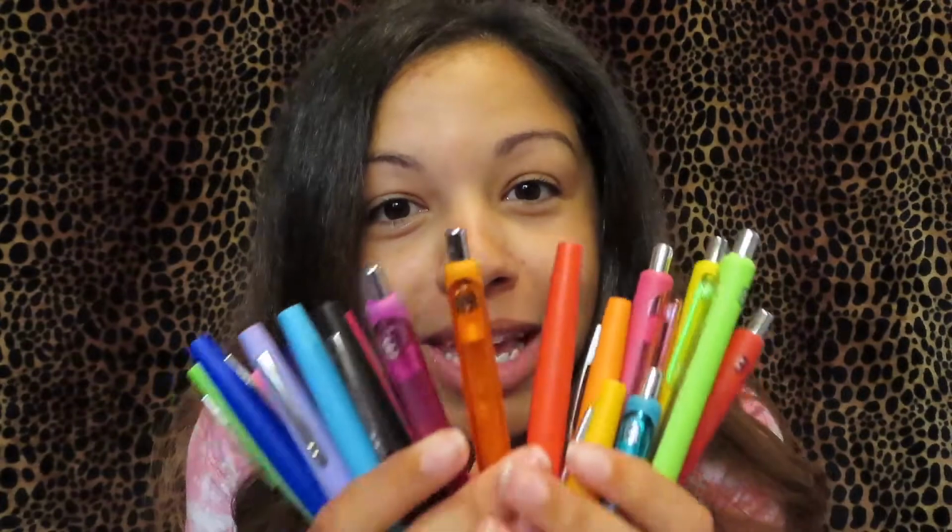Pens. Get you some pens. Color code everything. Color coding helps a lot. Not only pens, but highlighters. I love ink pens so much. My favorite ones for color coding are these, the Paper Mate Ink Joy, and they are gel